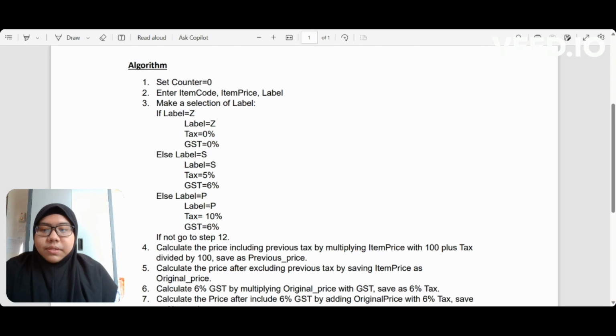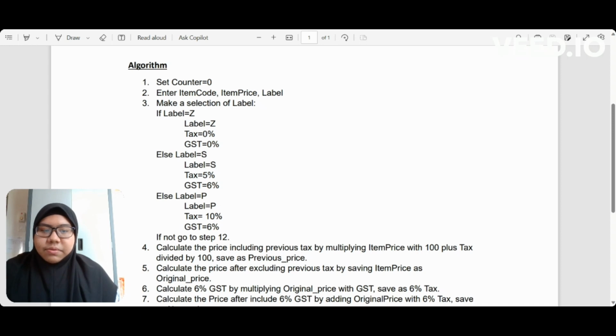The algorithm, we use the type of looping. We use if else. So first of all, we set the counter to 0. This is for the looping, and then enter item code, item price, and label. And then we make a selection. So in the flowchart, it would be the diamond shape,